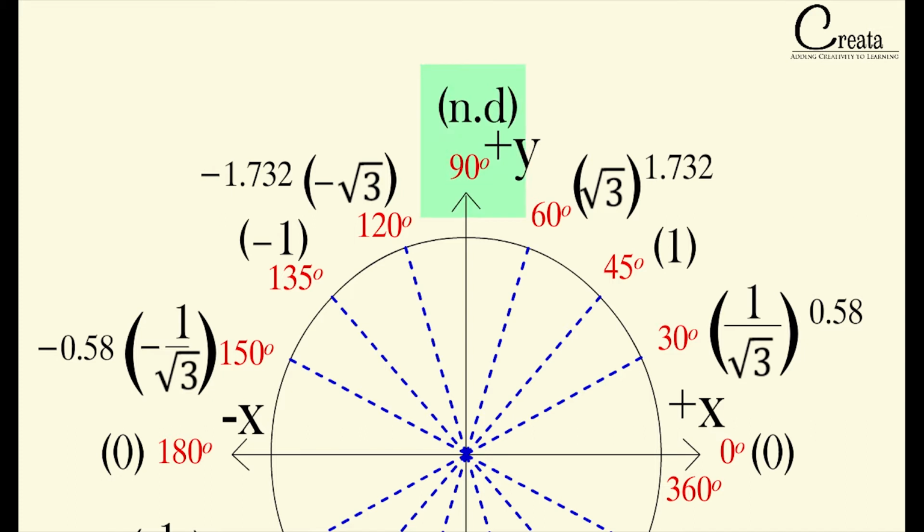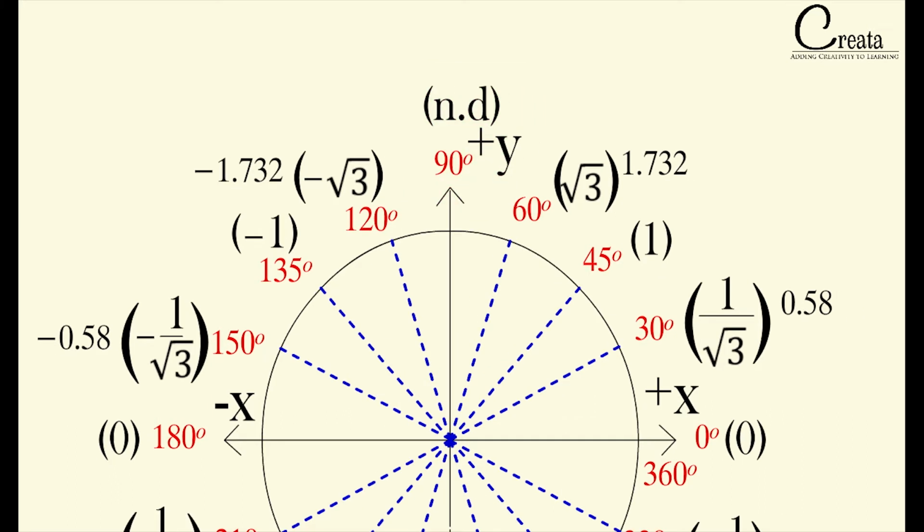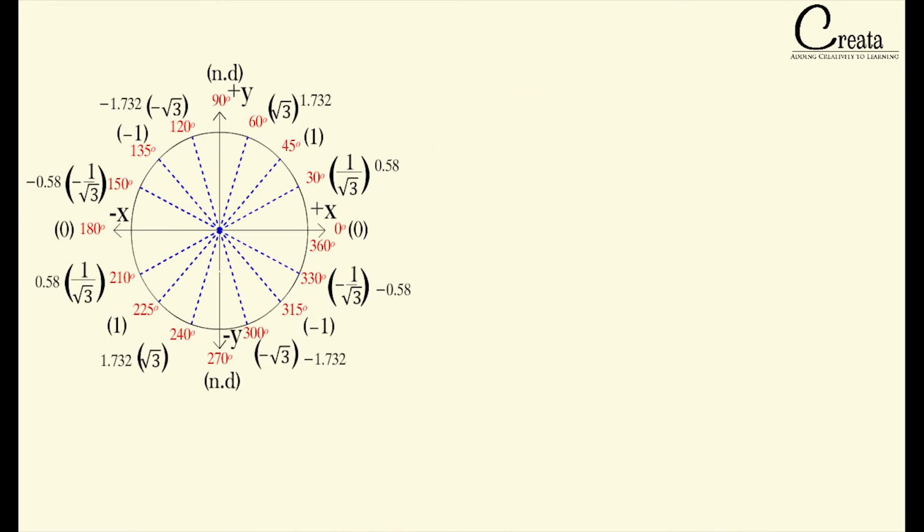For reaching 90 degree we have two approaches. First is we start from 0 degree and keep on increasing the angle till we reach 90 degree. Second approach is we start at 180 degree and keep on decreasing angle till we reach 90 degree. One by one we will take both the approaches and we'll try to get the value of tan 90 degree from both the approaches. Let's begin with our first approach.